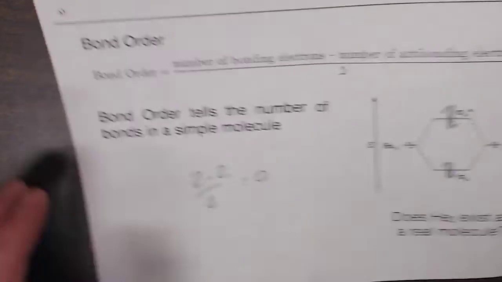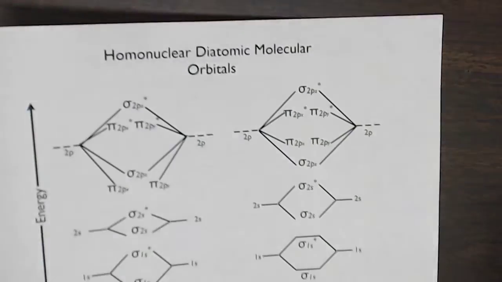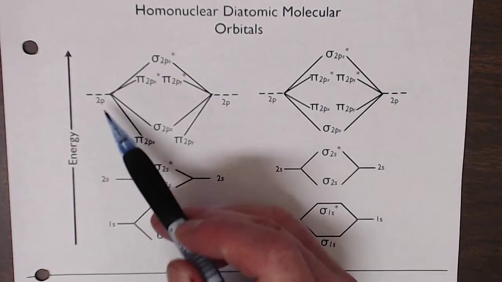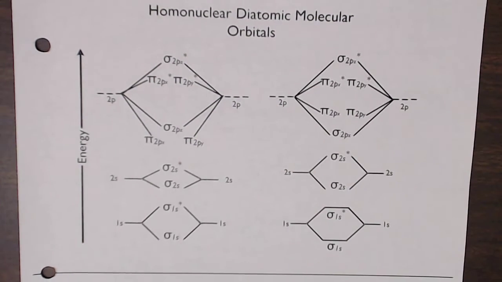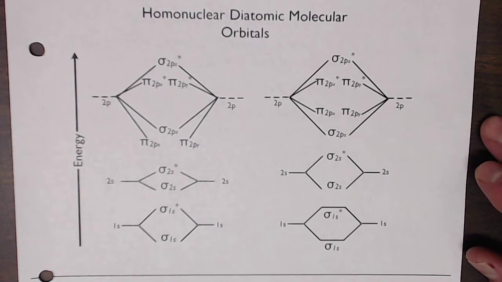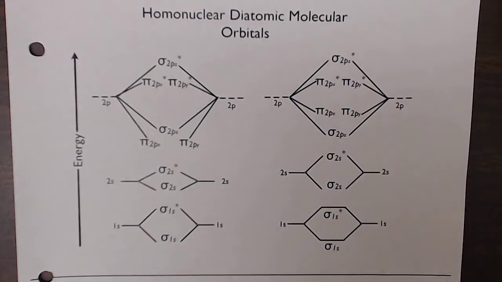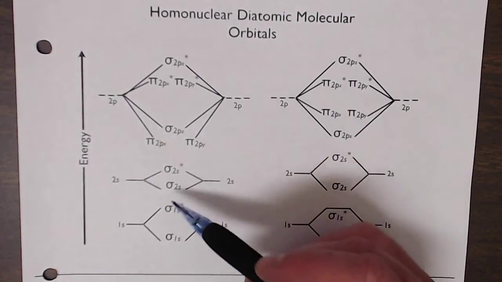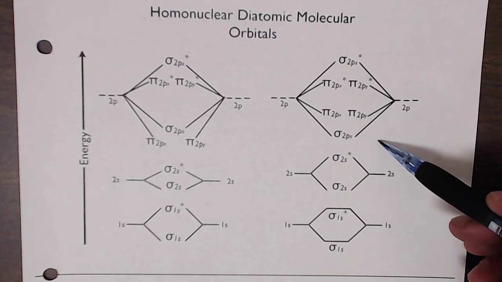So now, let's move on to more complicated molecules. And as we move past helium and into our row where we expect 2p to be a possibility, we have to construct this diagram. And let's talk about it from the ground up, okay? So, for example, we'll start here on the left picture, and I'll tell you about why the picture on